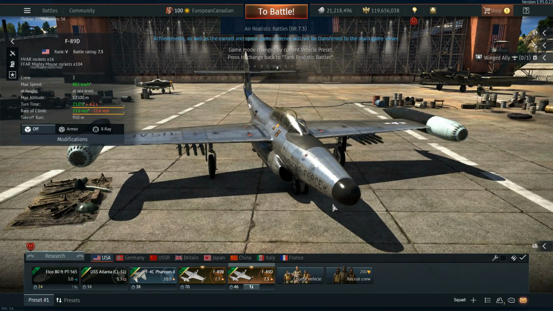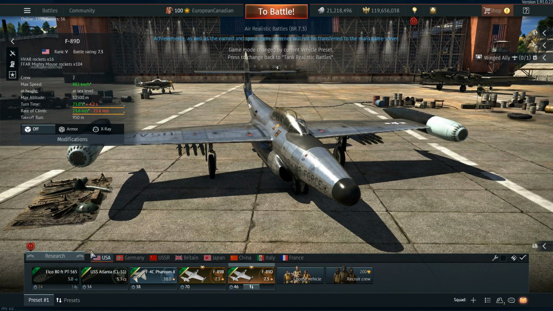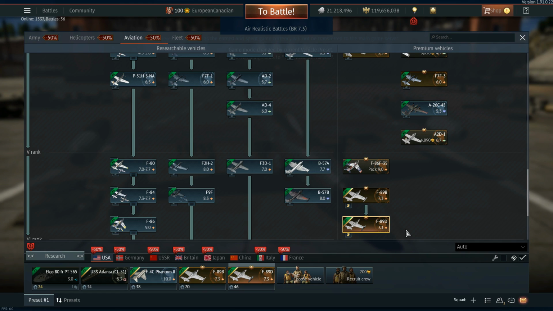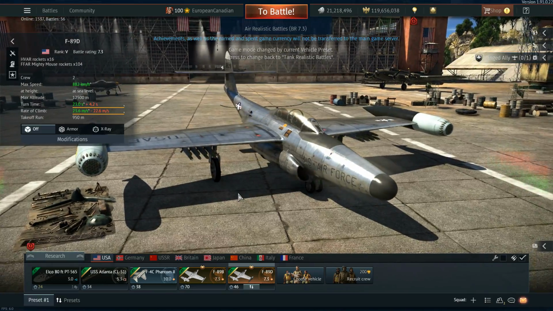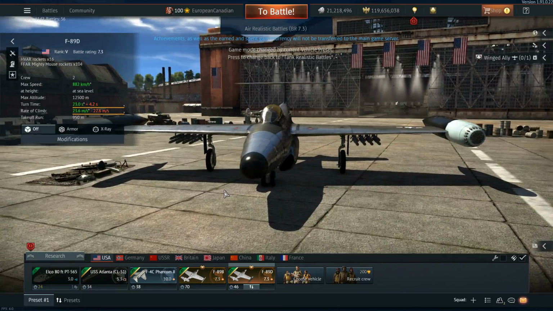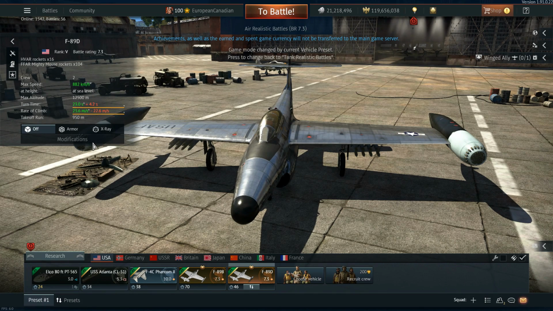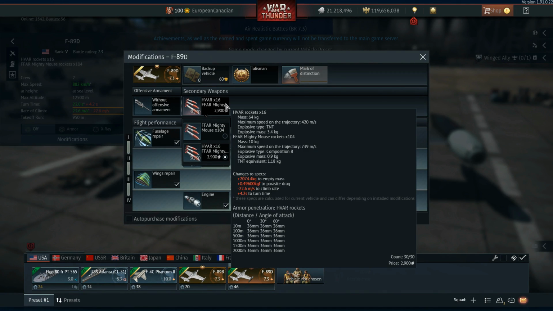Now you may wonder, why have they added two premium F-89s to the game? I have no idea. I think the main reason is so they can tandem them together like this and make the F-89D really cheap to entice people to buy it. Because at the moment, as you can see, it doesn't actually have any guns on it. Instead, what it has is access to HVARs and Mighty Mouse